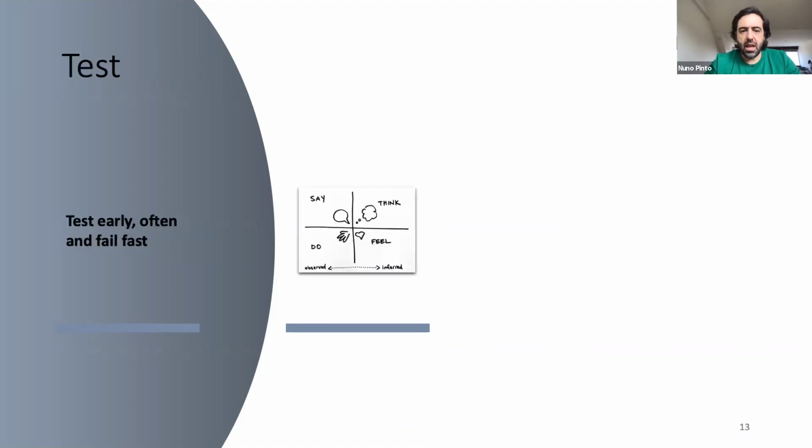So the last step, as said, is about test. Once you have all your prototypes done, it's time to test. And again, the goal here is to elicit actionable feedback from the customers that can inform you of the next iteration. So one way you can do this, you have multiple ways, of course, that you can collect that feedback. But one way you can do it, and a way that I like to do it, is using empathy